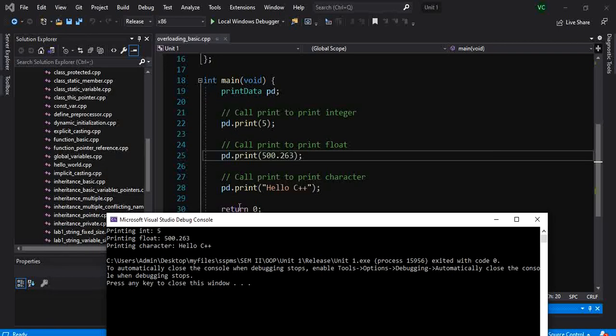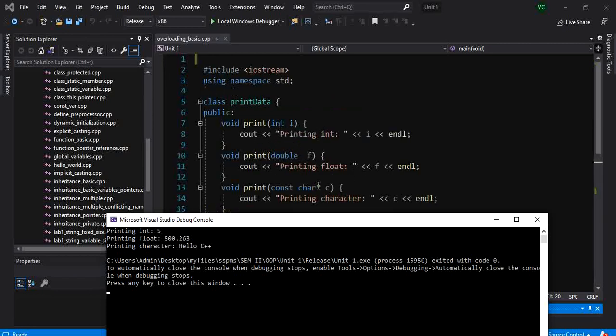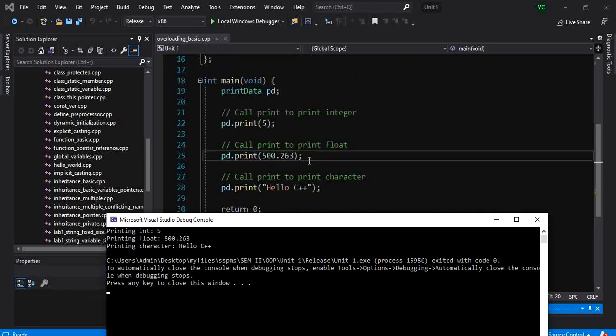So the name of the function is the same, so the user of the class doesn't have to worry about what he is passing, and all he has to do is take care in the class of how to handle each one of these cases, and the usage of the print function becomes